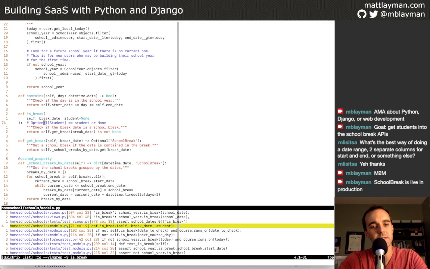Now the challenge is that I have to be careful with this approach, because it's possible now that I've made this in such a way that all of those existing isBreak calls are technically correct as is. The student equal None method here is literally doing nothing.